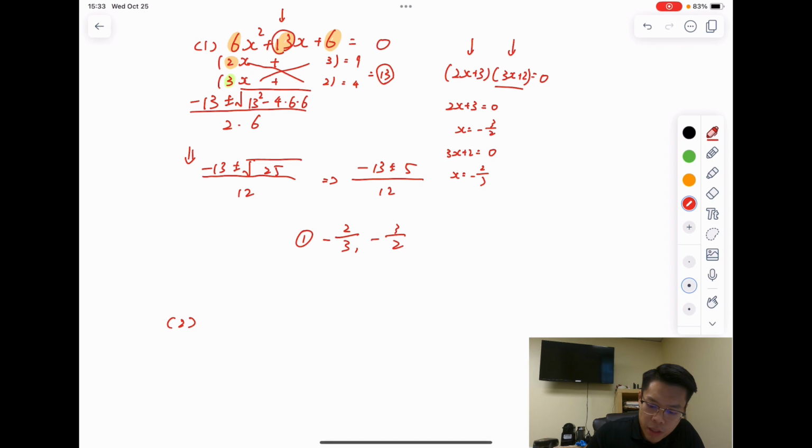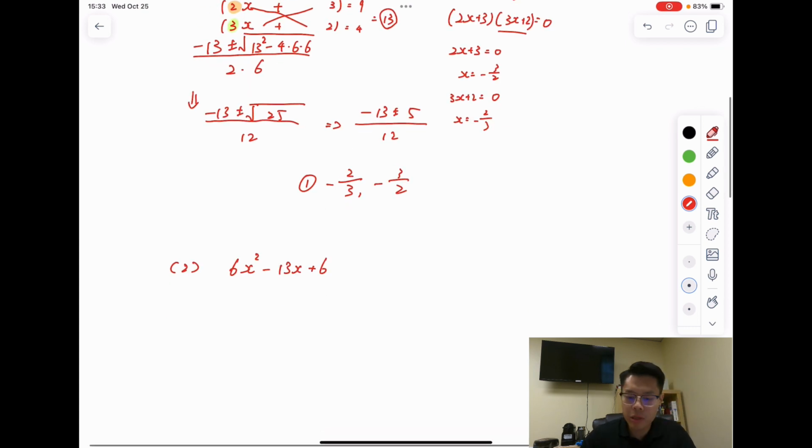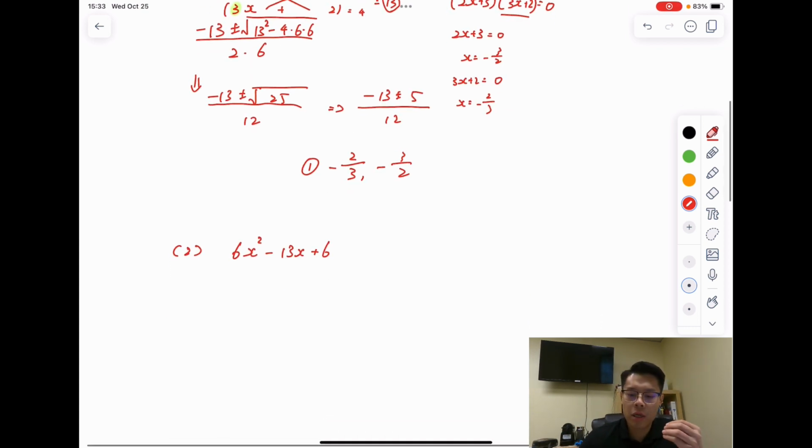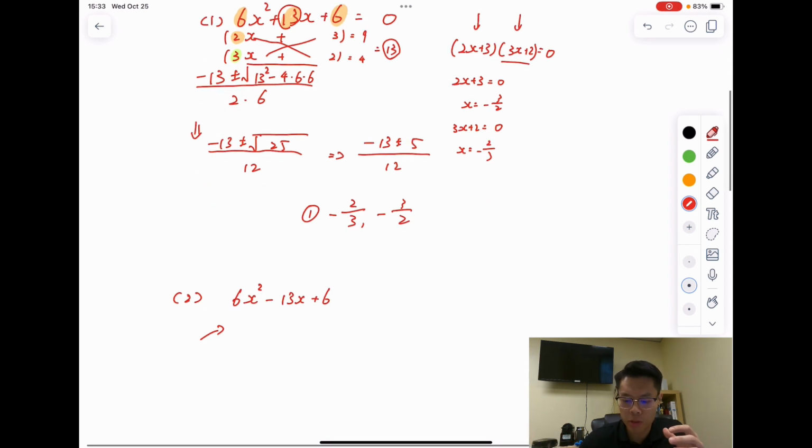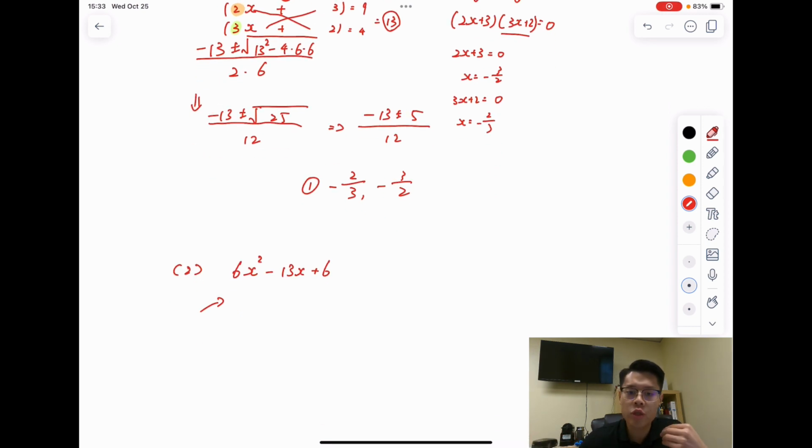So it's going to be 6x squared minus 13x plus 6. The idea over here is that we can solve this question, no problem. So we will get two answers. For example, in the last question, we got two answers, which are negative 2 over 3 and negative 3 over 2. So what can we do in terms of factorizing this equation by utilizing the quadratic formula or the